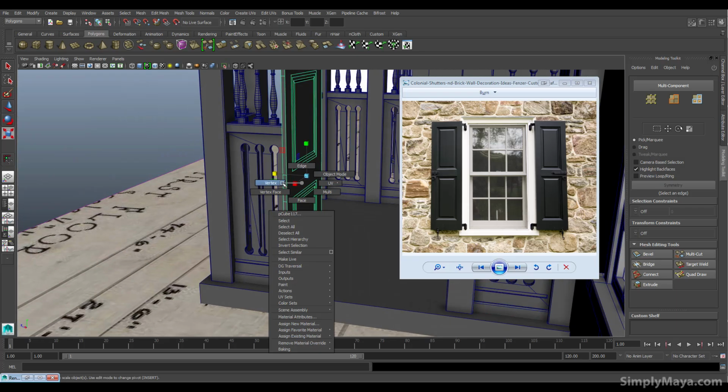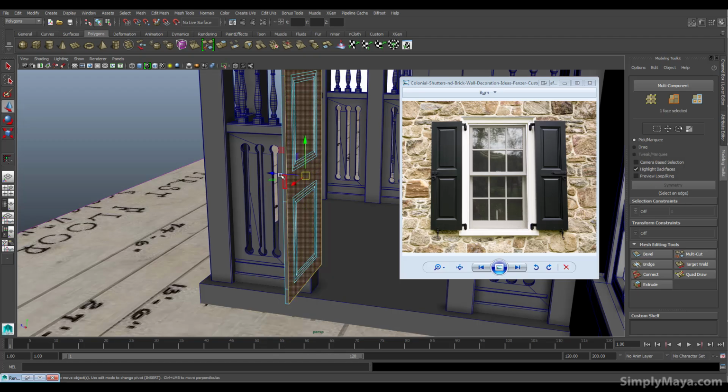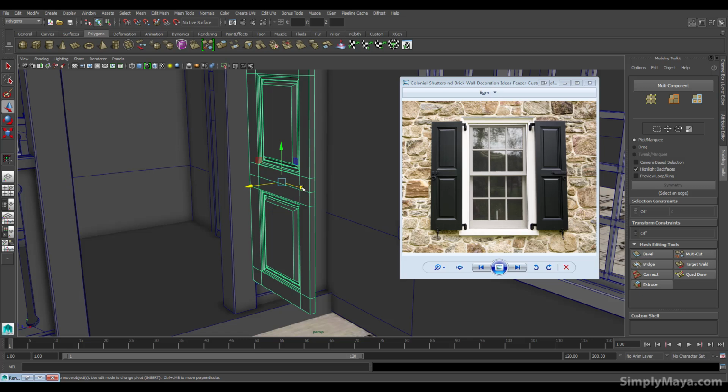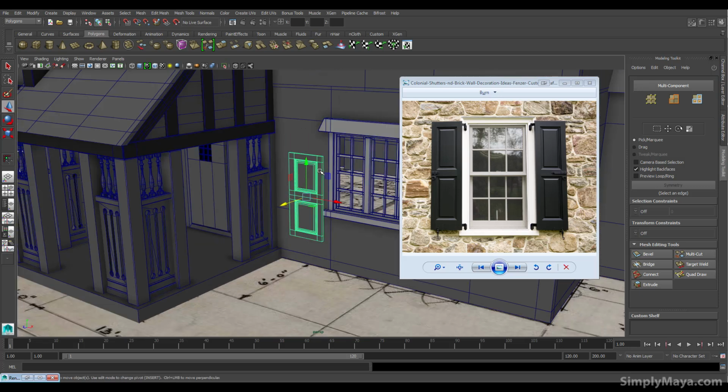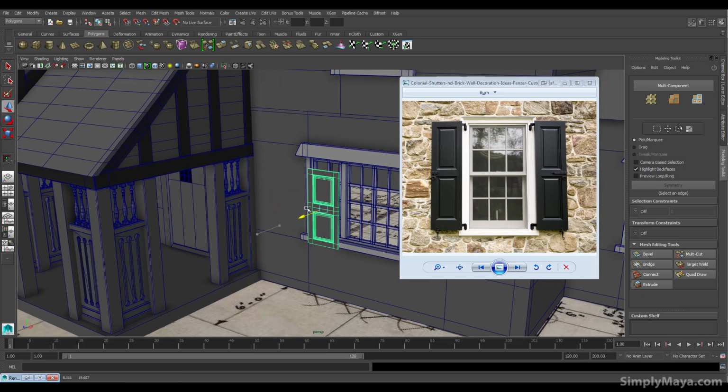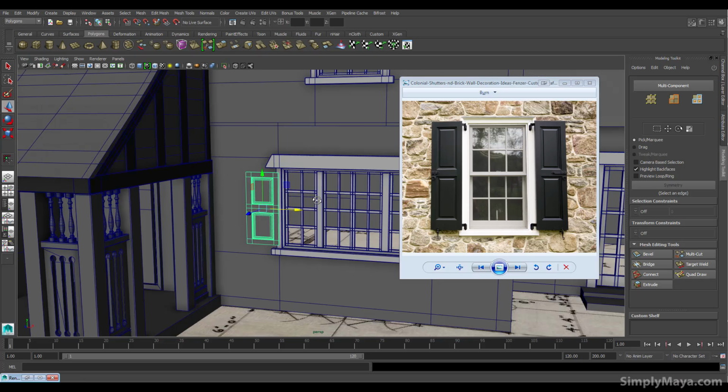Let me just select this back face and pull it out. There, I want it bisecting our actual inner piece, and there we go. So if I move this into position now by a window, I can simply add these shutters in,